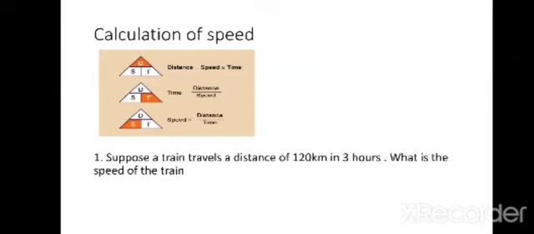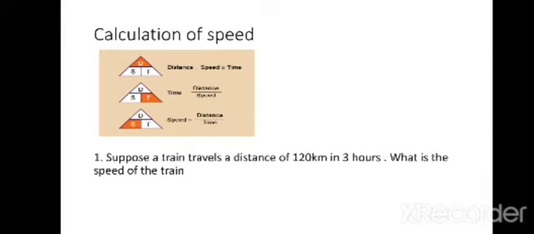In the last class, we discussed the importance of time in motion, in movement. And now we are going to discuss how speed helps in the motion of objects. So many objects in the world around us are moving. To compare how fast they are moving, we need to know their speed.